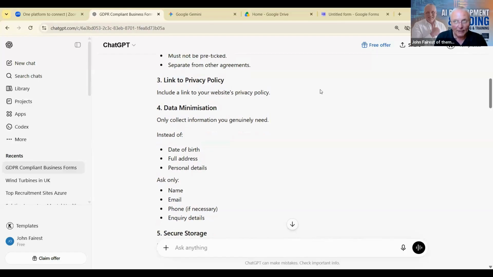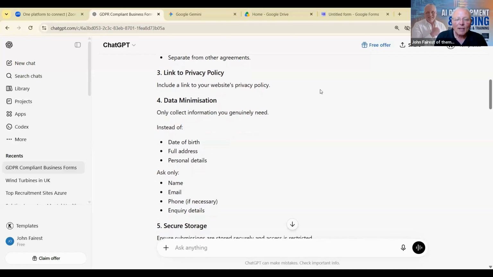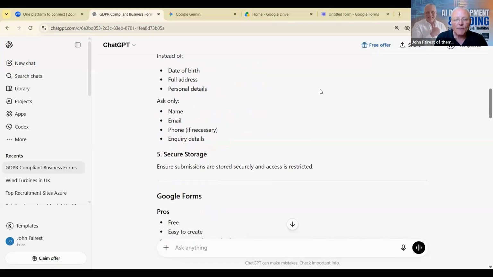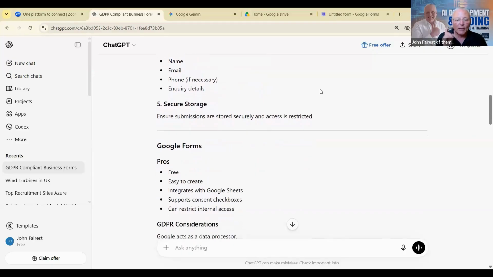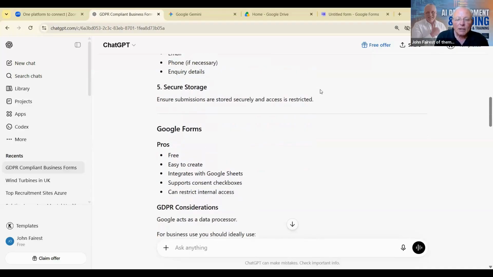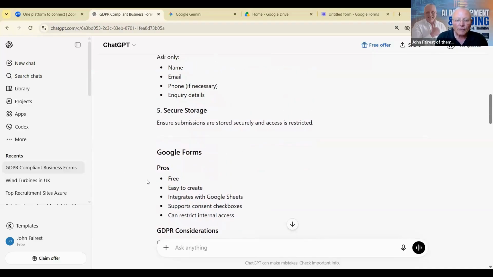minimization, not minimalization, but minimization, a tongue twister for any video. Date of birth, full address, personal information, name, address, phone number, and so on. So here are some of the options. Google Forms obviously can be used. We've already identified that. So if you've got a Gmail account, you've got the option within something called Google